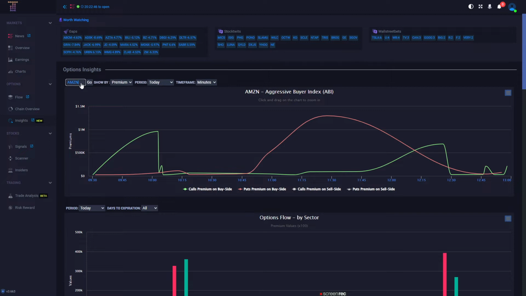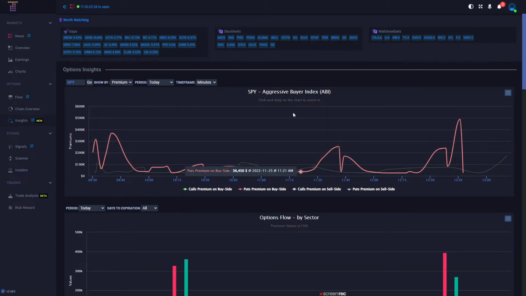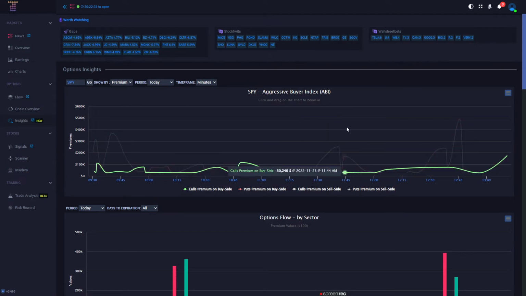So if you want to use S&P 500, you can just type in SPY right here. Then you click go. And sometimes it takes a second. My computer's a little slower, so it takes a second to get all the data together. So there we go right here. And then that's going to be the ABI for SPY. But I'm going to go ahead and put it back on Amazon